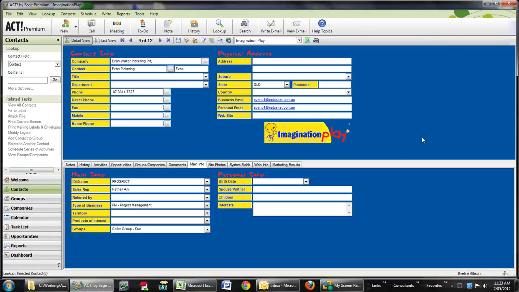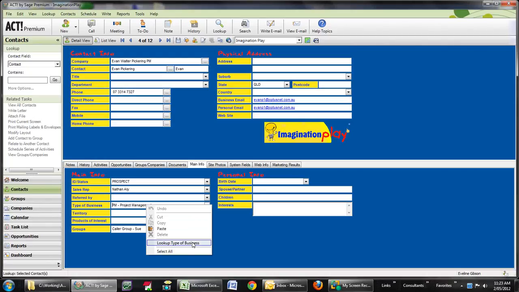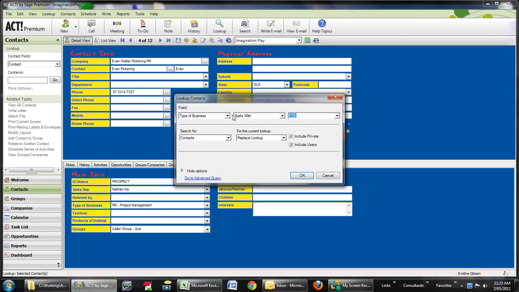Okay, the beep's gone. Now, the first thing is lookups. Yeah, let's do a lookup. So what we might want to do is do a lookup. The best way to do it, in my opinion, is to right mouse click. So let's go for a type of business. So we'll look up the type of business, and rather than do the starts with, we'll use the function of